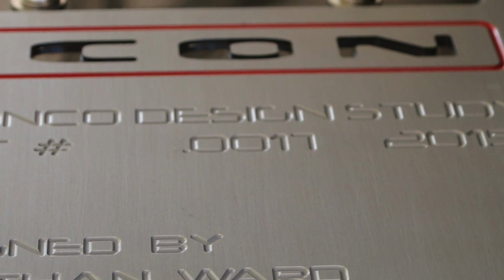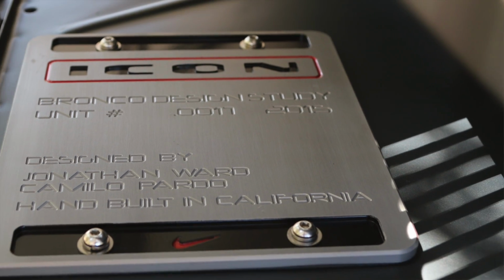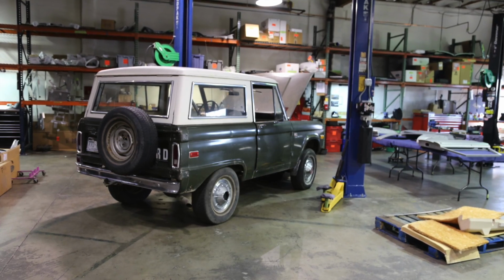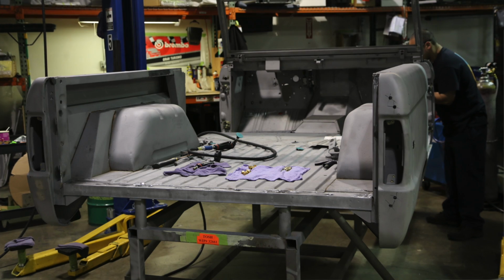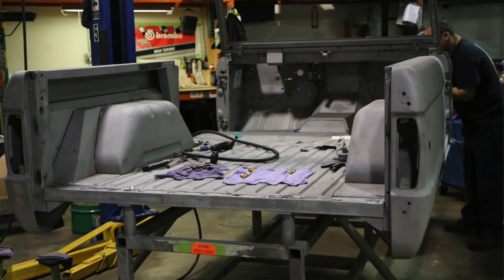This is Icon Bronco number 17, technically Icon BR, but we all know it's a restored and modified Bronco. That's another story. Really nice truck, well equipped. We got lucky, had a really good body to start with, an original paint truck, as with all of them. Start with that truck, tear it apart, media blast the shell on a fixture, and then modify and restore it